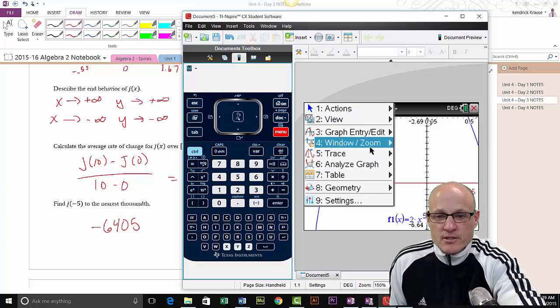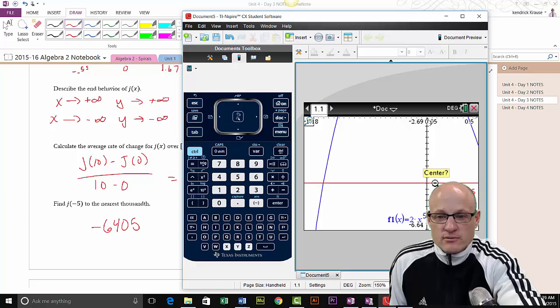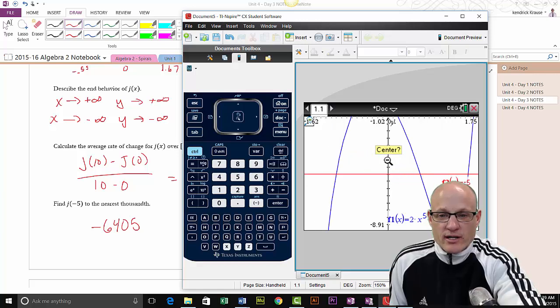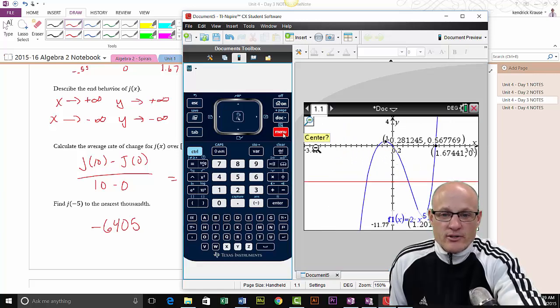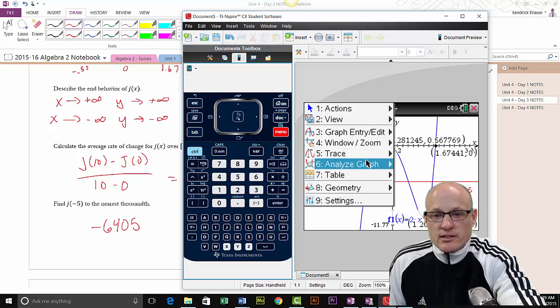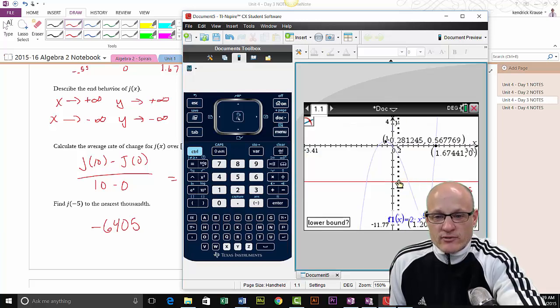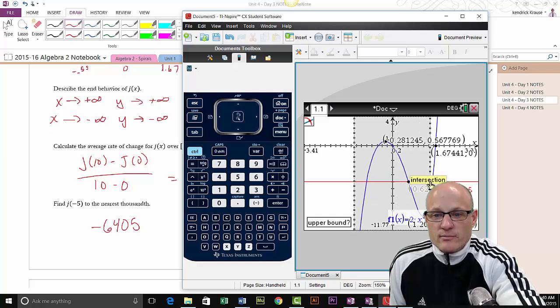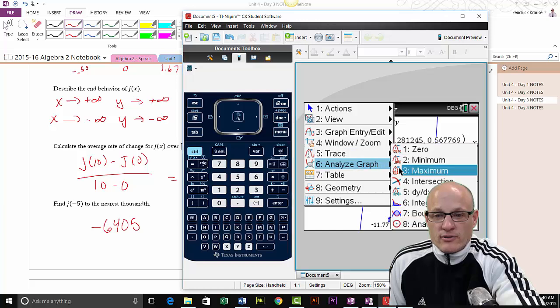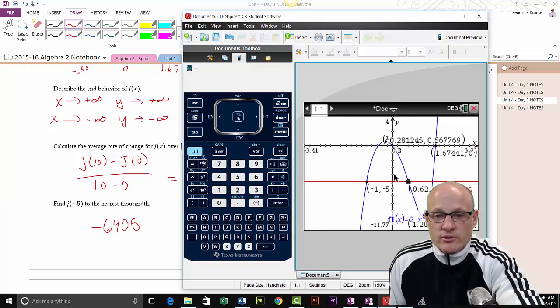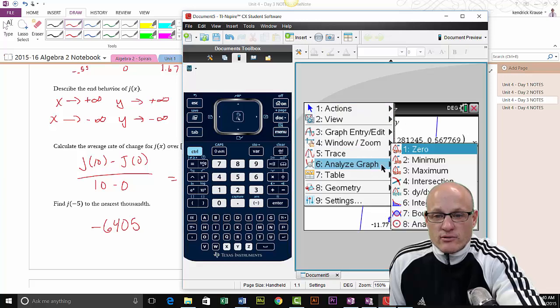So let me zoom out. Okay, so now I can see all 3 of them. All right. So menu, analyze graph. We're going to find the points of intersection. Click. One of them's at negative 1. One of them's at 0.62, and the other one is at, so -1, menu, analyze graph, intersection, and then menu, analyze